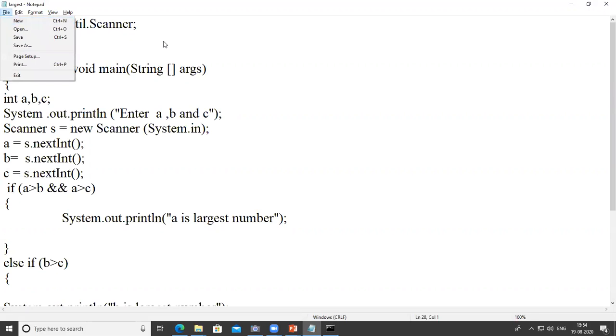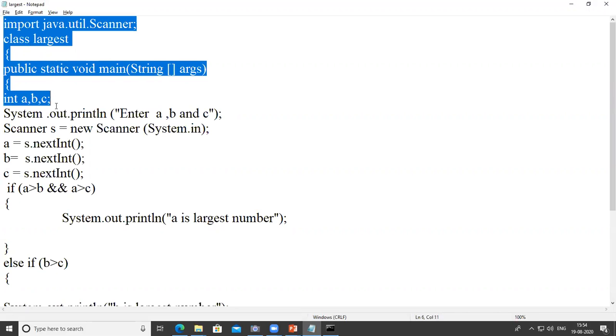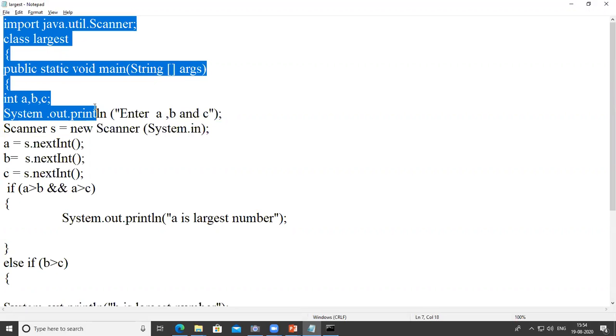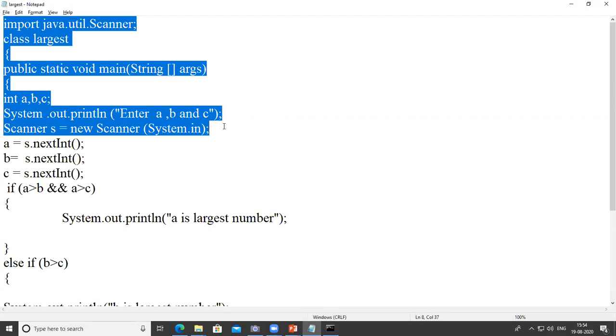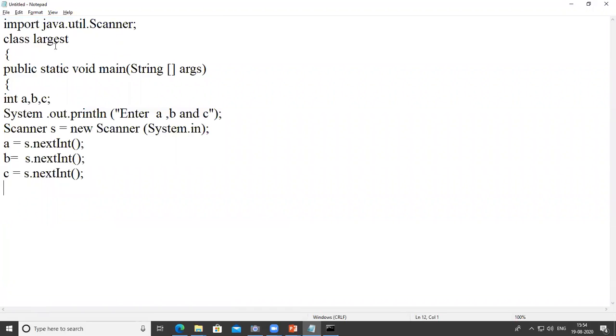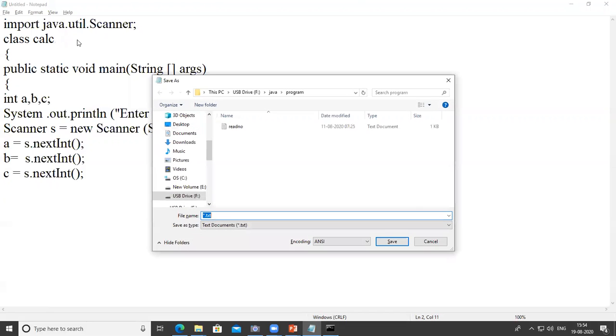So file, copy this one. Control C. Change the program name to calculator. So I write here cal.java.